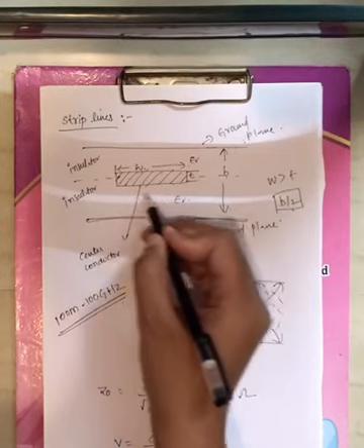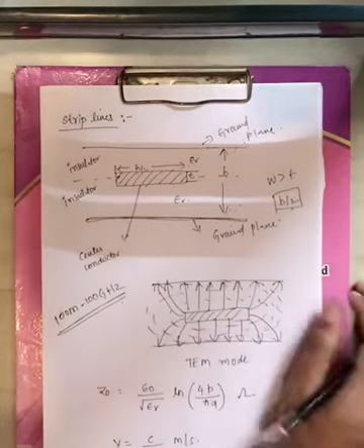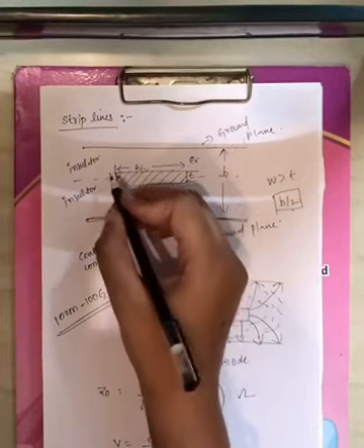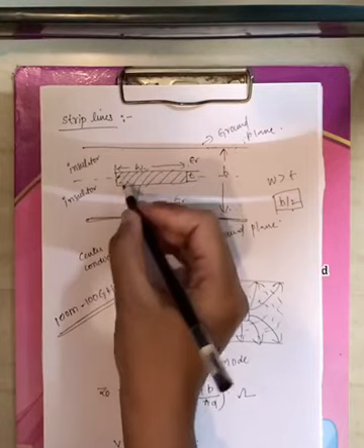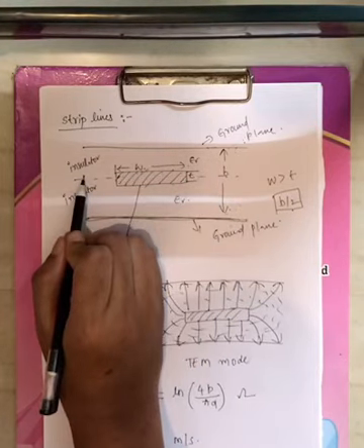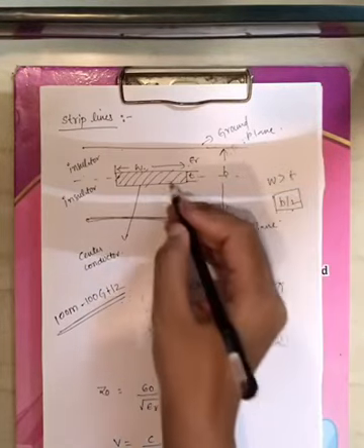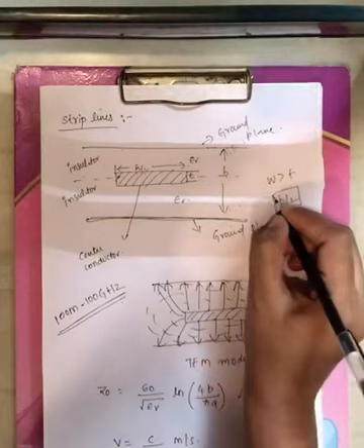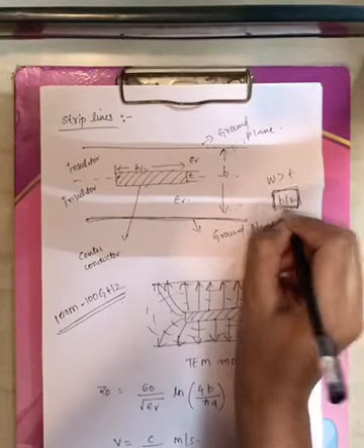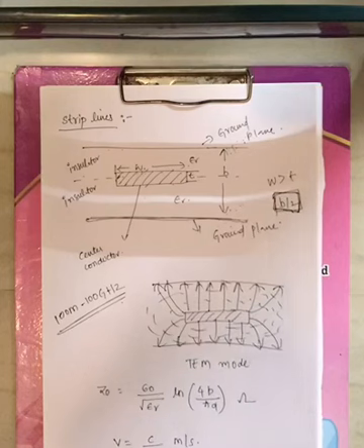Now whatever the thickness that the center conductor has, the same thickness is followed for the ground planes, and the space between the ground plane and the center conductor is filled with insulator. And now b is nothing but the space between these two ground planes, and the center conductor is placed exactly at b by 2. That means it is placed exactly at half of the ground planes, right?